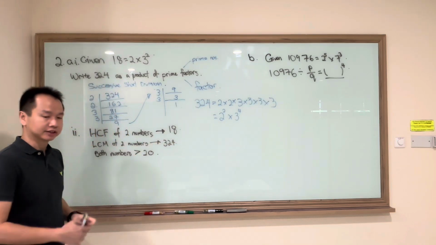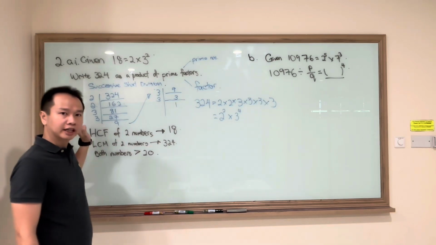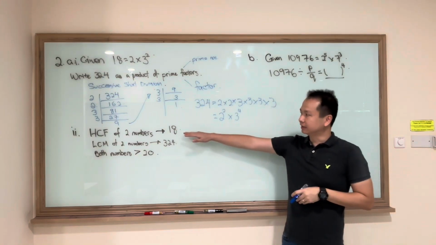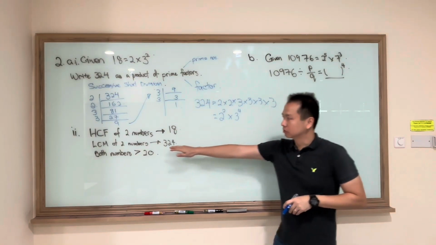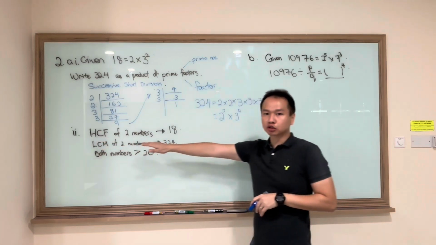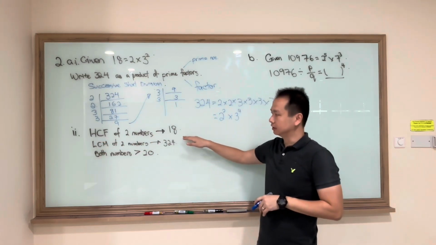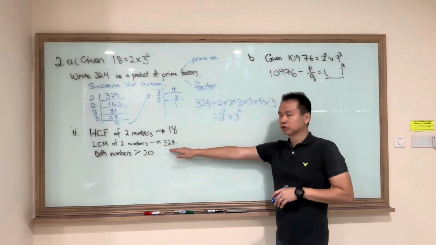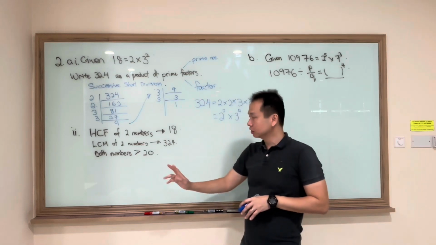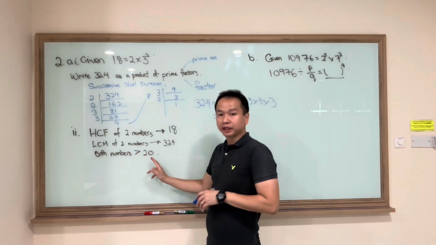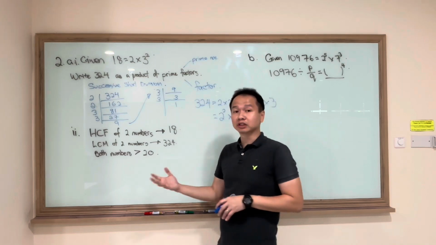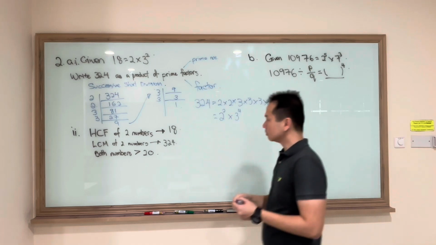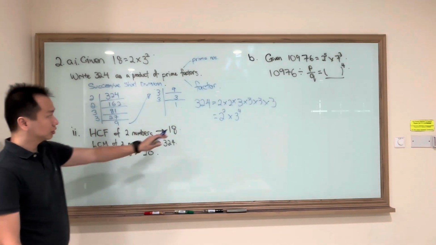Alright, nice. So the second part of question A says that the HCF of two numbers is 18. The HCF, which means highest common factor, of the two numbers is 18. The lowest common multiple of the two numbers is 324. The two numbers are both greater than 20. So what are these two numbers? How do we find them? Based on what we found in part 1,